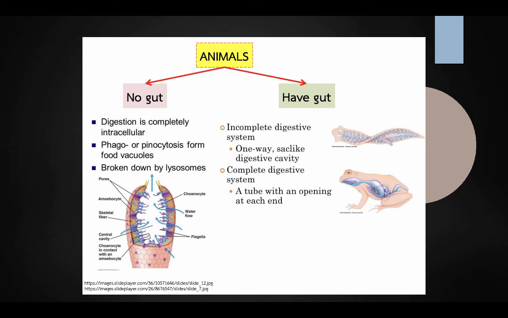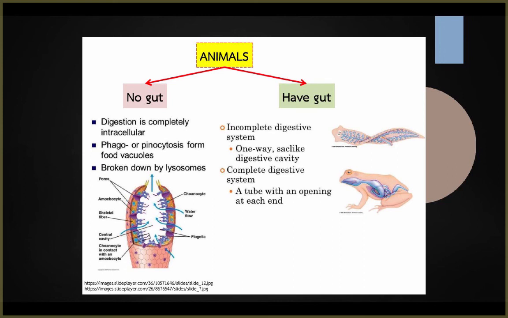Now, in addition to that, you can look and go, okay, animals, do they have a gut? Do they not? They don't have a gut. Basically, what's happening is they're doing everything by intracellular digestion. They're getting stuff to form food vacuoles, either phagocytosis, where you go out and just grab a bunch of stuff and break it down, or pinocytosis, that's how they pinch stuff off to get water in. You can research those more. We learn about those in General Bio 1. And they're broken down by lysosomes,